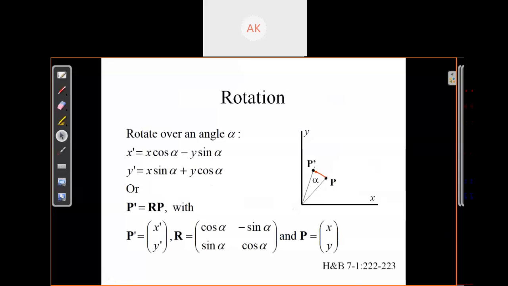The next transformation is rotation. Two-dimensional rotation is applied to an object by repositioning it along a circular path. In translation, we translate our object in a straight line, but in the case of rotation, we reposition the object in a circular path. As you can see here, P is the original position and P dash is the rotated position. After rotation, the path it followed is a rotational path. It's not a straight line.